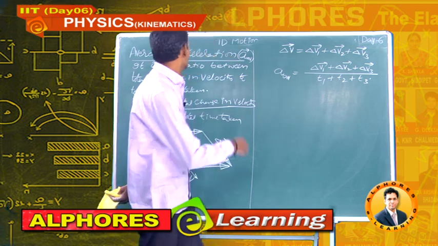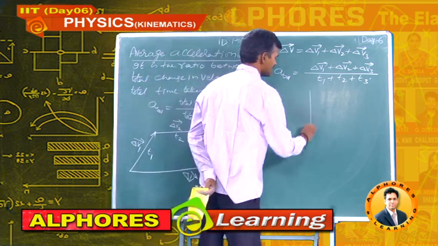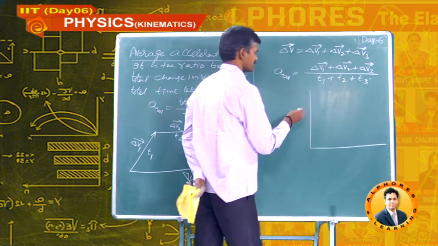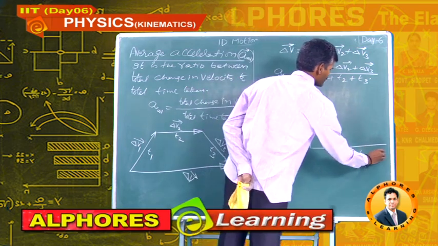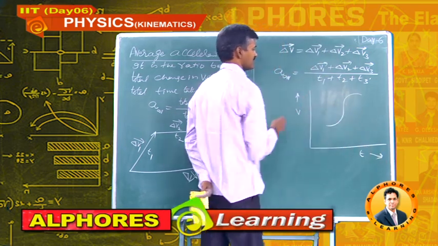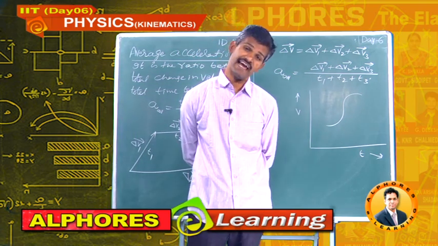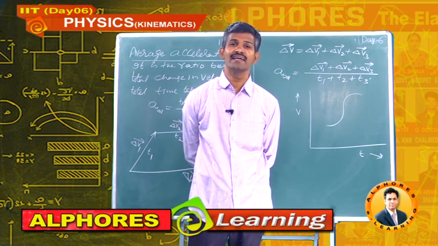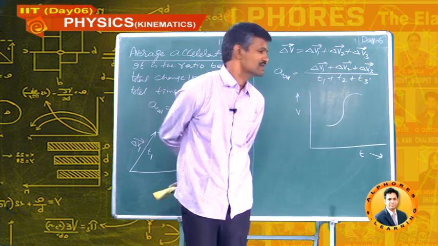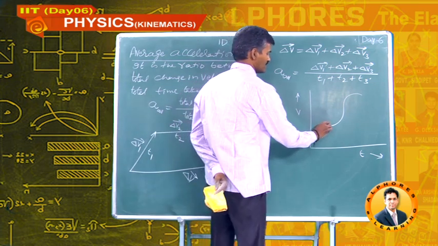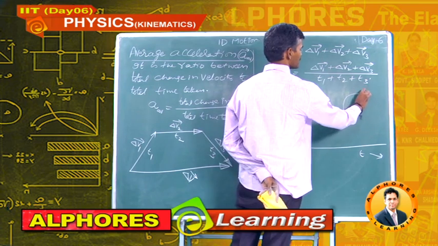It is also noted if you draw a graph between velocity and time. Suppose this is some velocity-time graph. A graph is like this. How to calculate average acceleration with the graph? With the graph, to calculate average acceleration, calculate the slope of the total graph. Suppose the particle's motion goes from A to some point B.